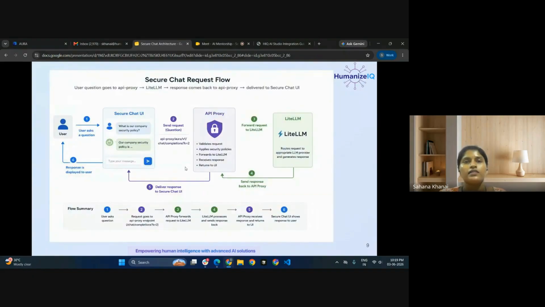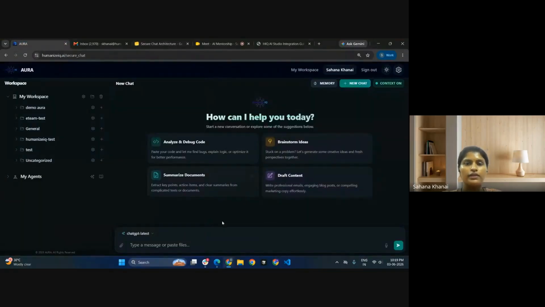Okay. Let's see how the request flow works in Secure Chat. Whenever you ask any question in the UI, which API endpoints are we using to make the request? I will show you in the network tab itself.